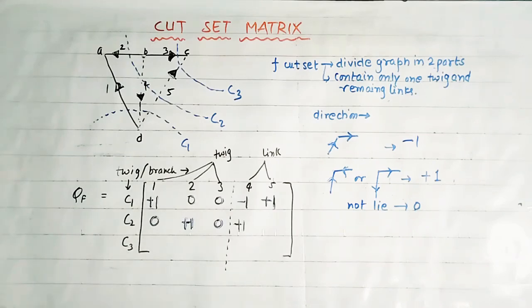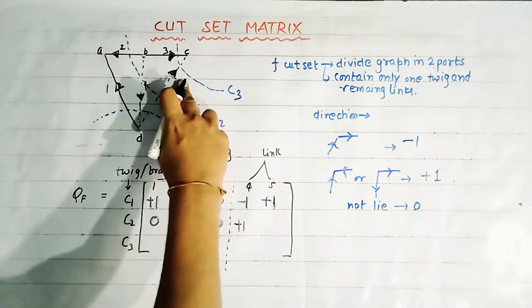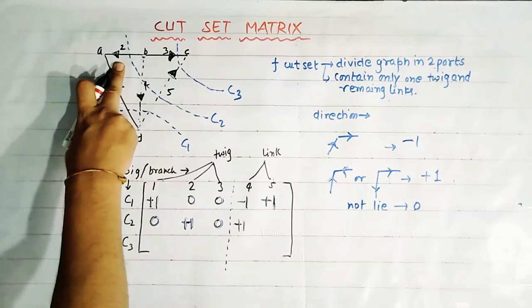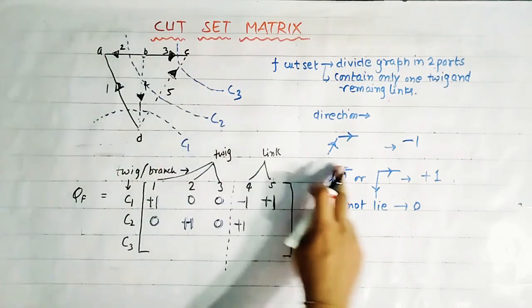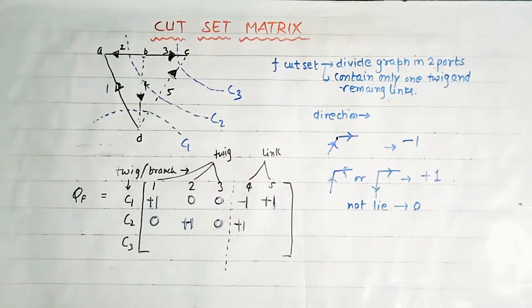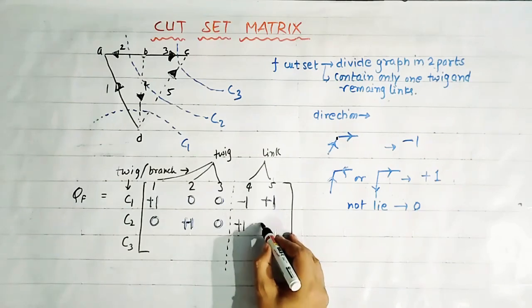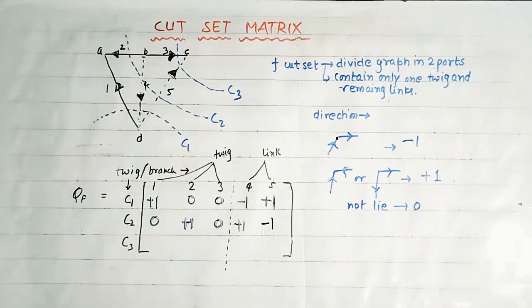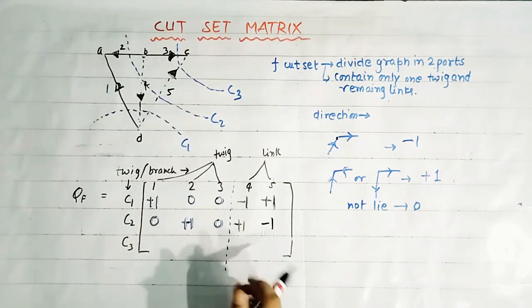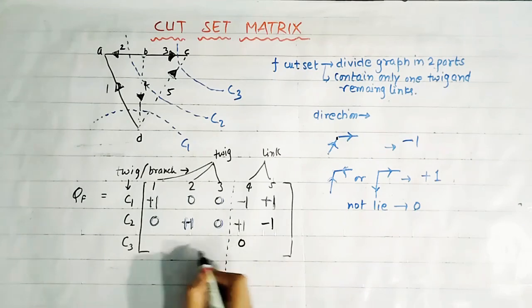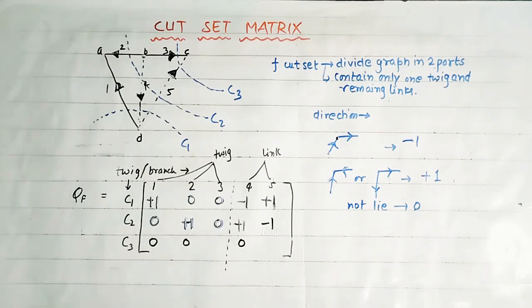Now see the branch 5. Here in the branch 5, we can see that this is branch 5 and this is branch number 2, and they are forming this sign convention, that is it equals -1. Now take the cut set 3. Only branches 3 and 5 are included in cut set 3. So remaining branches are not included in the cut set, that's why we make them 0. Now see the branch 3. Branch 3 is the twig, that's why obviously we will put +1 here.